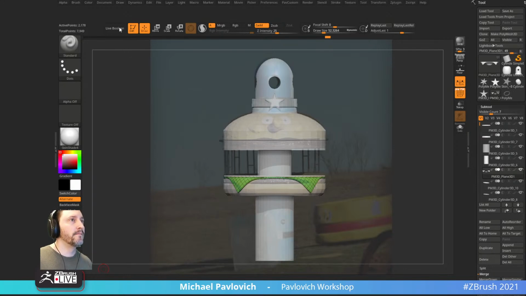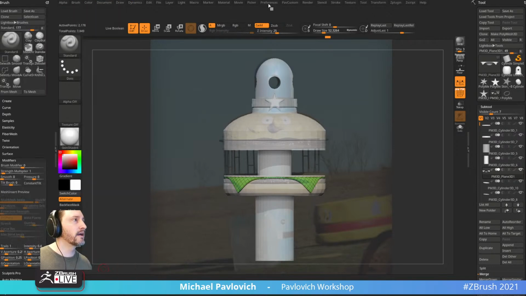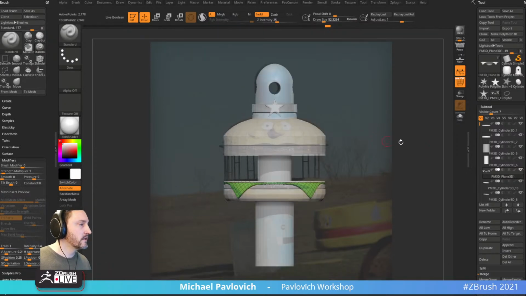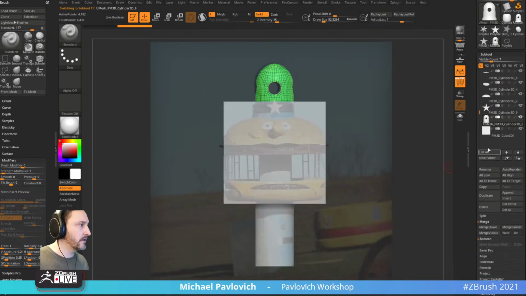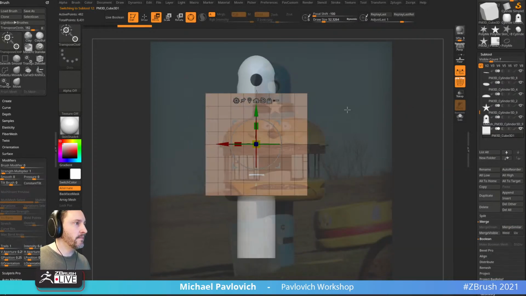So I'm going to go in here. Let's put our brush menu back here. Preferences, turn off, enable, customize. So what's an easy way to do this? It should all be pretty easy. So I'm just going to go down here to the bottom. We're going to append. Start simple. We're just going to append a cube 3D. Take this cube here, and we're going to